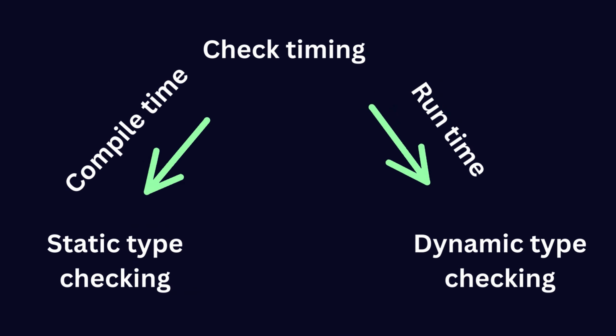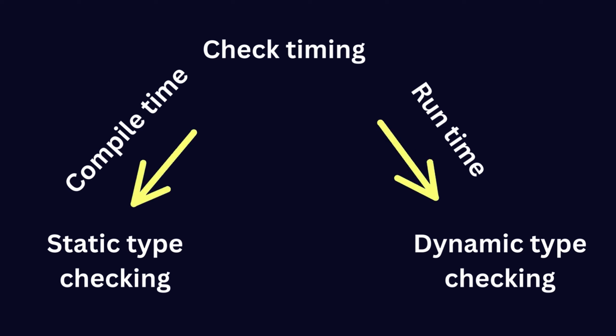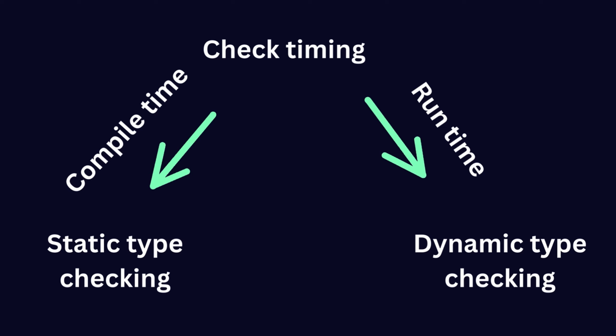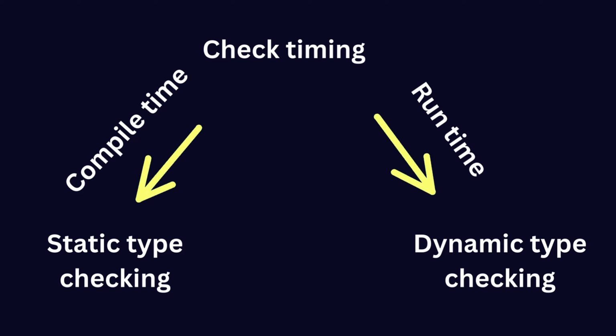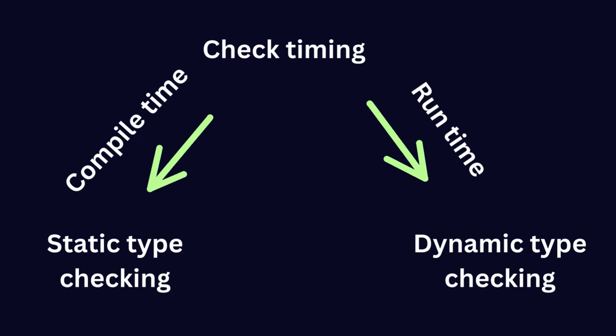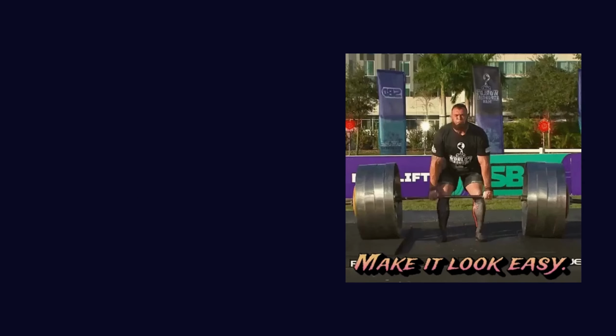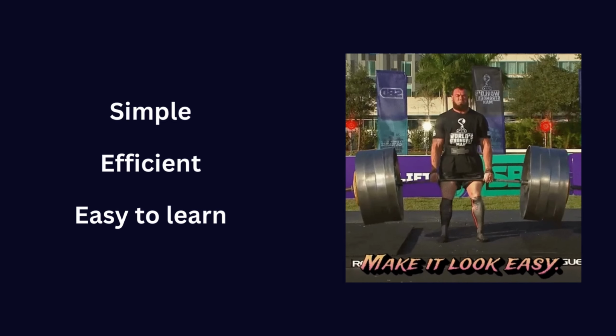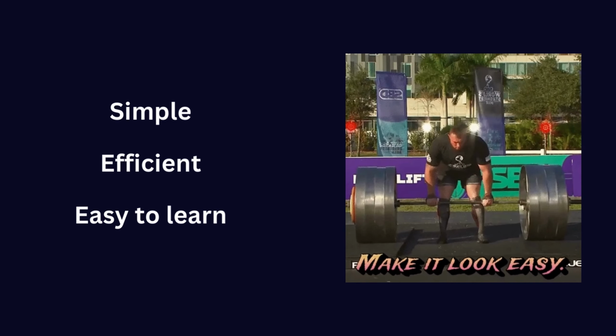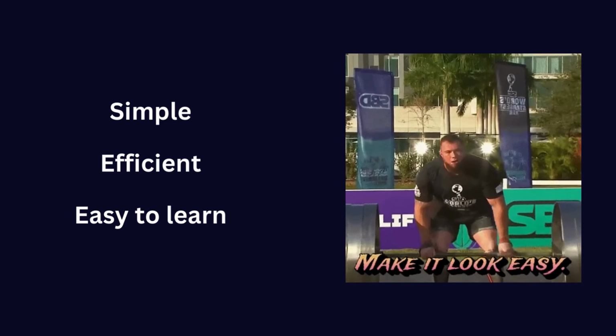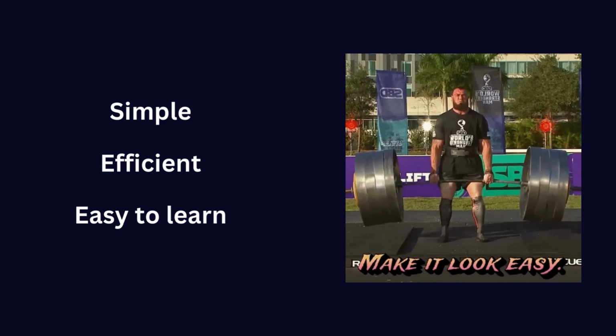It is a statically typed language, which means variable types are known at compile time. In most of these languages, the programmer must indicate types. In other cases, type inference allows the programmer not to indicate their variable types. It is designed to be simple, efficient, and easy to learn, making it a popular choice for building web applications and command line tools.